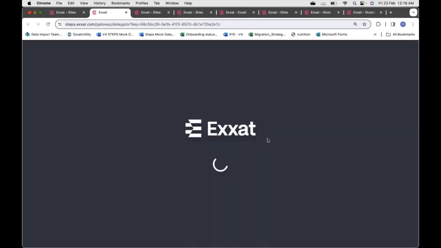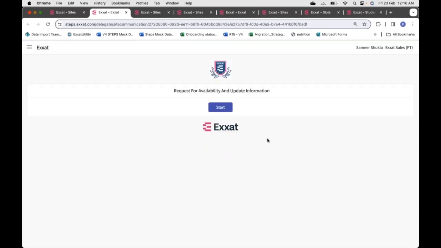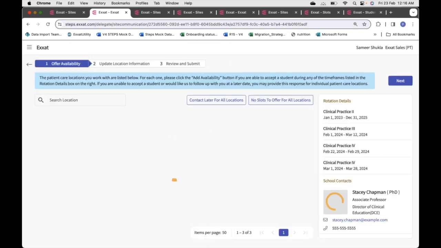Once they click on the request link, they will be able to open the slot request and they will see a page like this. This is the first introduction page that they see, which is why it's good to add instructions for them and personalize this page from the configurations page earlier. Then they would have to click on the start icon to get started. So when we click on start here,